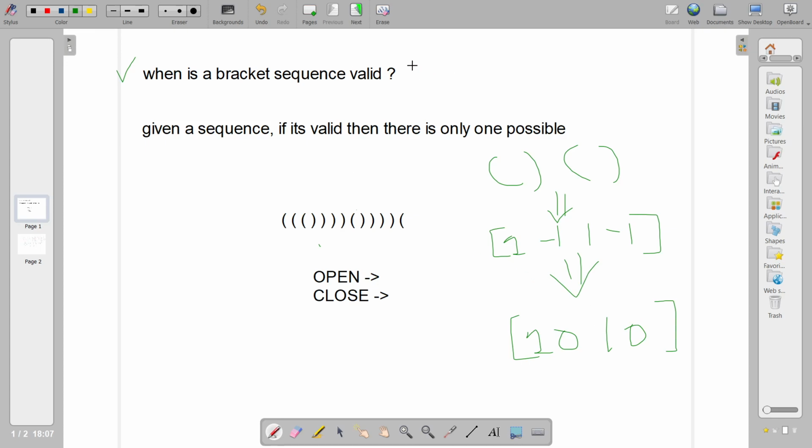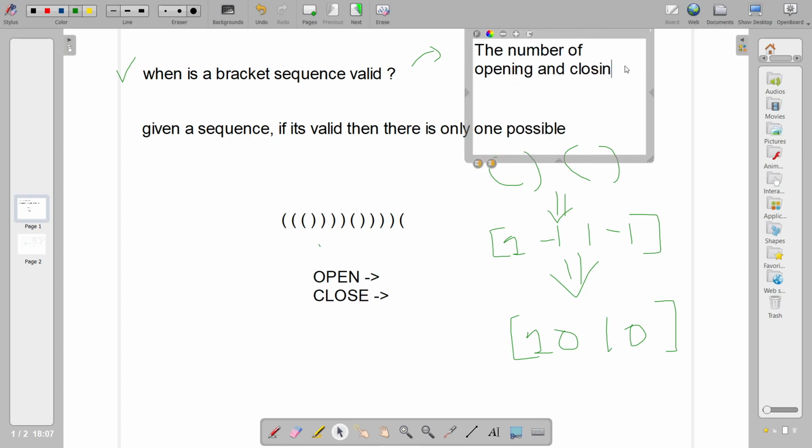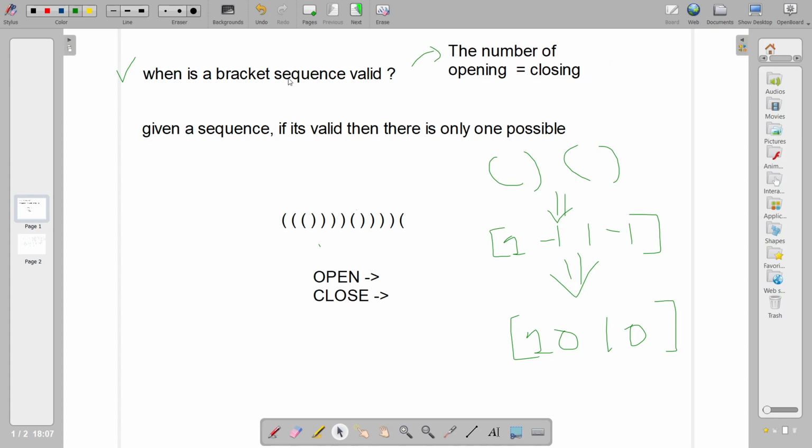So the first condition has to be that the number of opening and closing brackets need to be the same. So the number of closing brackets equals the number of opening brackets in a particular sequence.